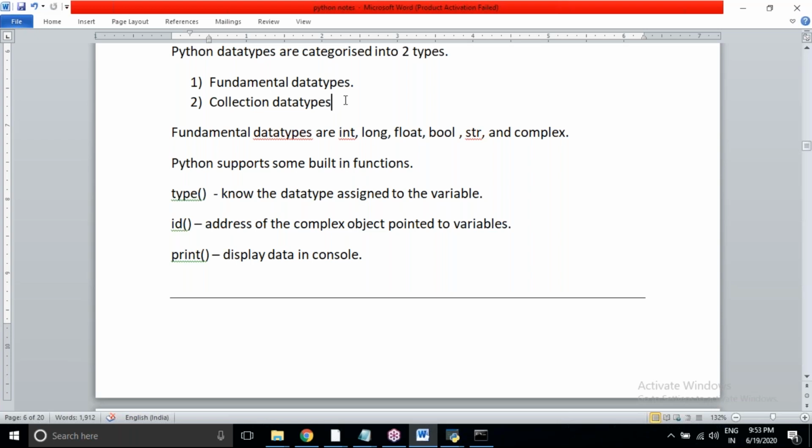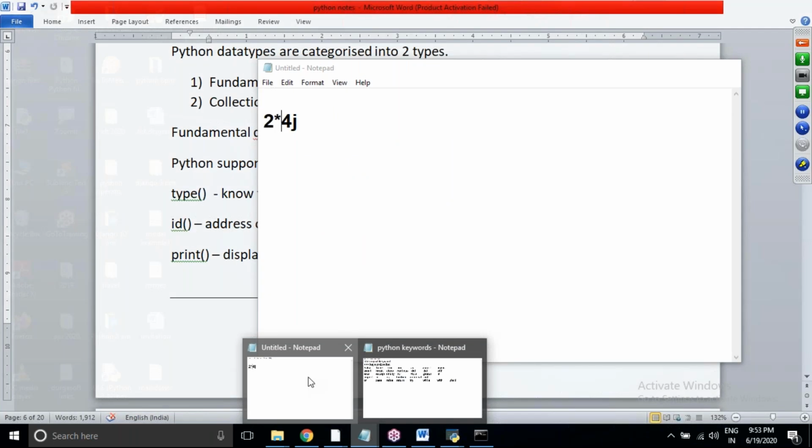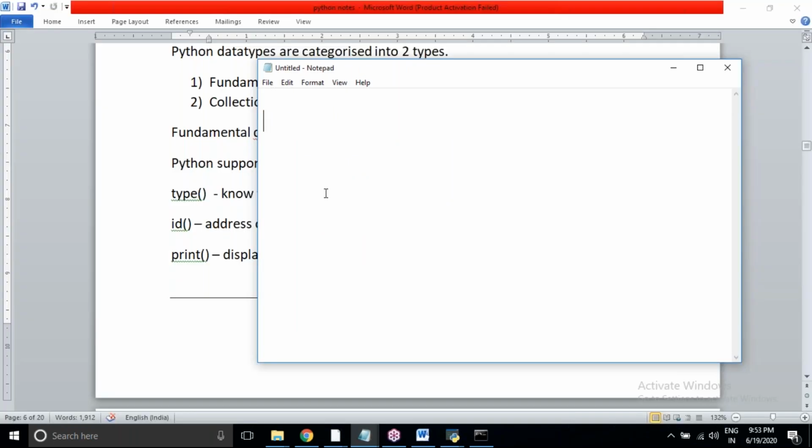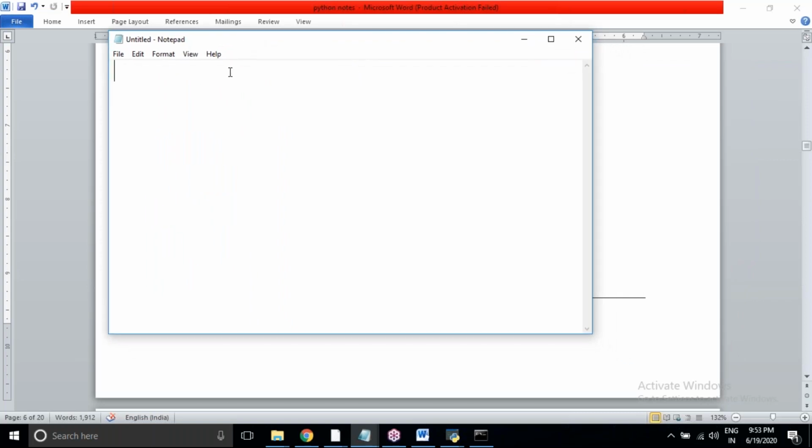Collection data types are used to store multiple values. See, in Java and in .NET, collections are there, and also generics are there. Collections are used for storing multiple values.